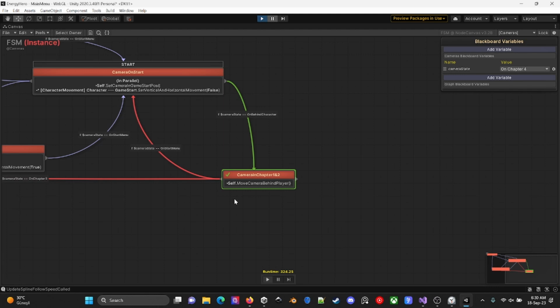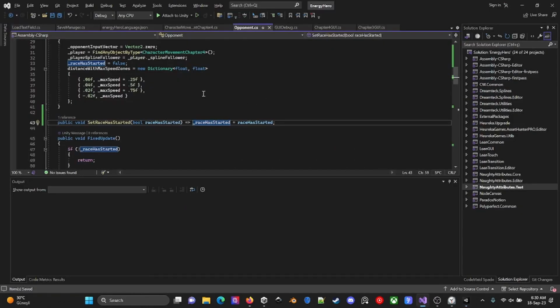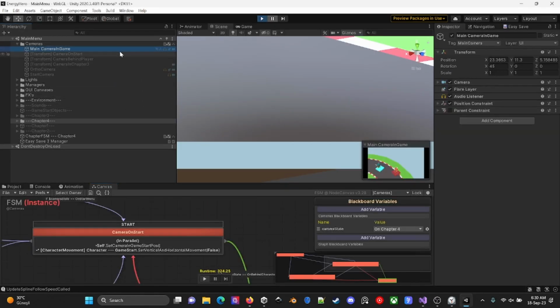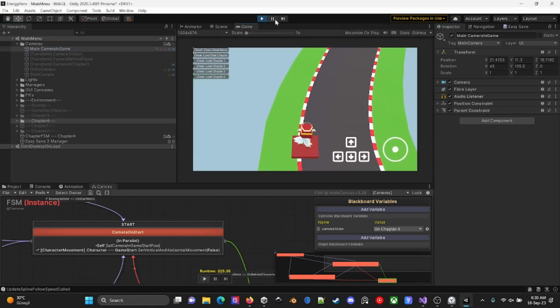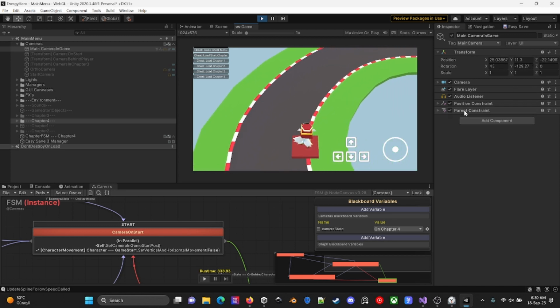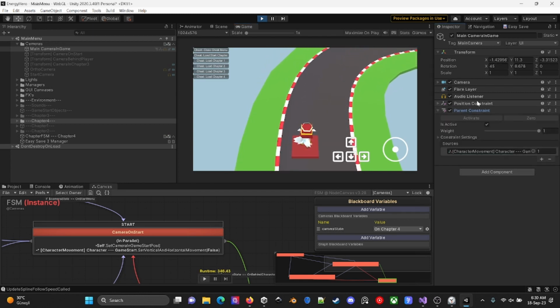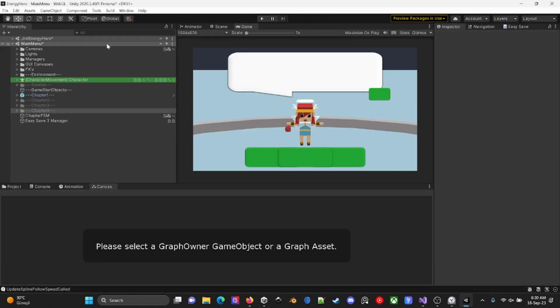It says that my main camera should be behind the player, and the camera state is on chapter 4. But this parent constraint is not enabled in here, which is the issue I needed to resolve.